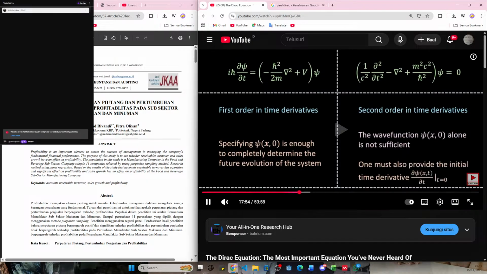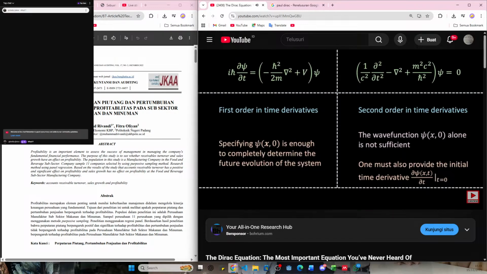must also provide the initial time derivative of the wave function, and this extra information cannot be extracted from the initial wave function alone. Thus, the Klein-Gordon wave function fails to provide a complete description of the system in quantum state,